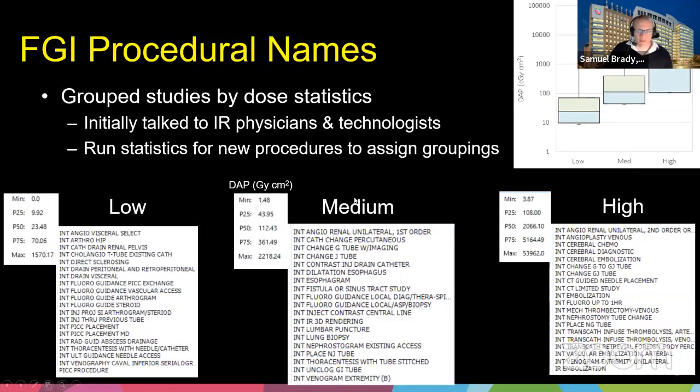So once I get my three buckets fairly well organized, so I know they're statistically different from each other, I can then go back into each of these groups and start doing more refined grouping and assigning those to the RPID. So now I can set up all my embolizations as one, and I can define an RPID over here on the left side for just my PICC placements, etc. Those are going to be low dose, and those can be a different RPID.